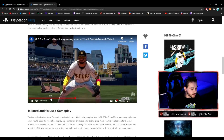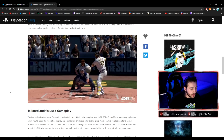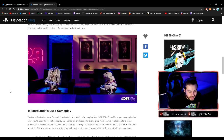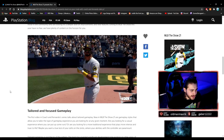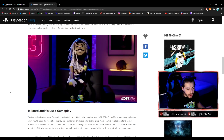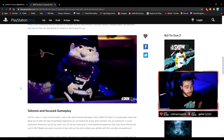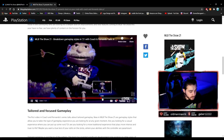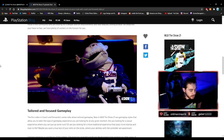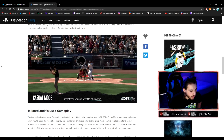I don't think we missed... no, we did not. So here's Tatis getting dirty, roll it around there. Trying to see if we can see anything different, really. It doesn't necessarily look like it. Again, this is the PS4 version. Could there be some different stuff on the PS5 version? Entirely possible. I do believe they show a little bit more here, which, again, illustrates the on-the-wall